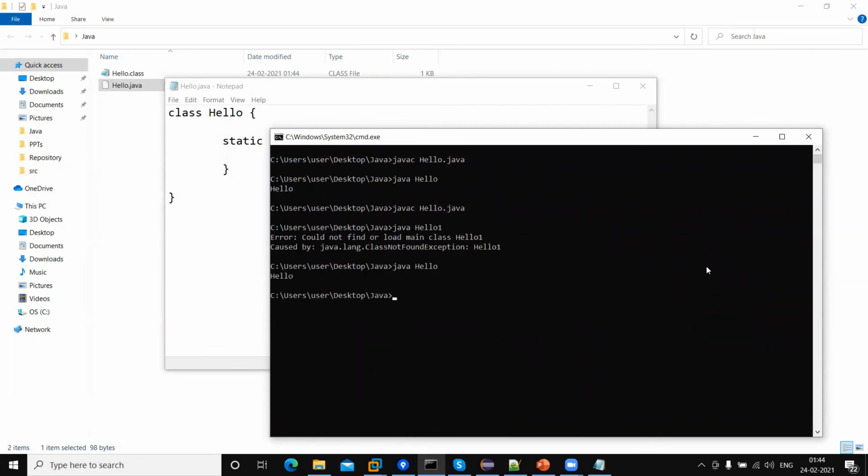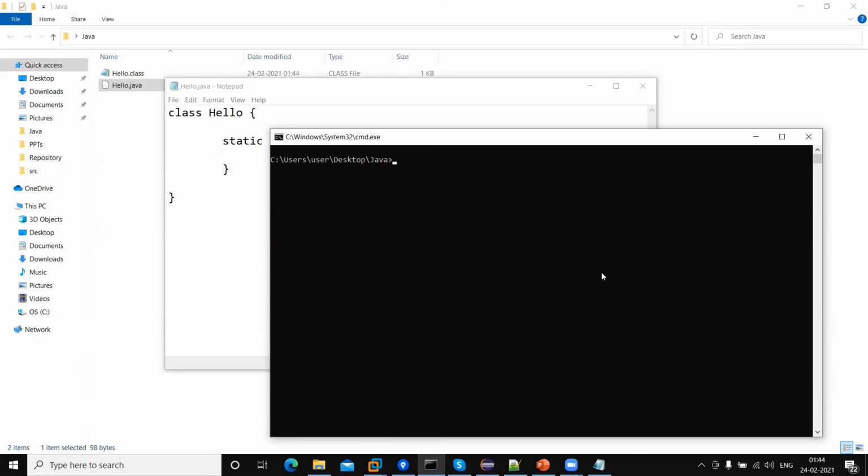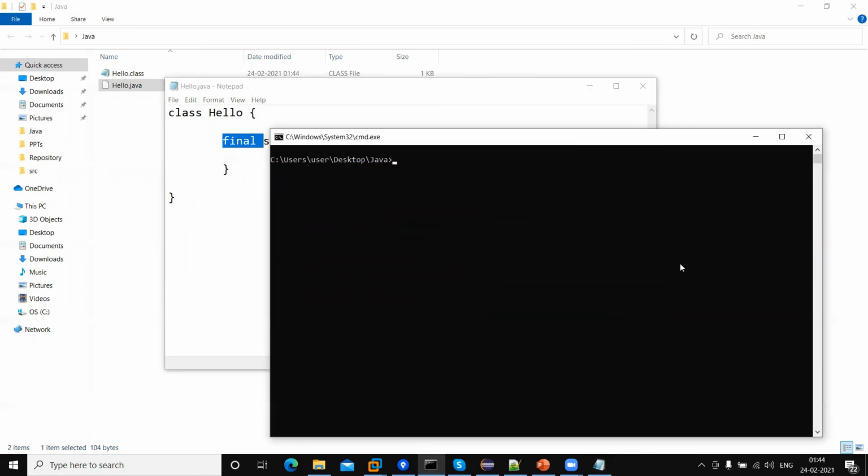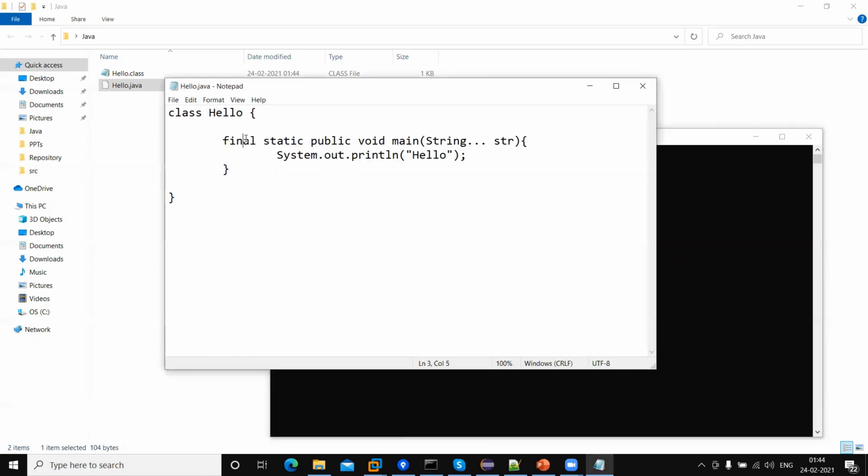and executed. Next, we can also use a keyword that is final. We will discuss later what the use of the final keyword is, but yes, with the public static void main method we can also use the final keyword. We cannot put the final keyword between main and void.